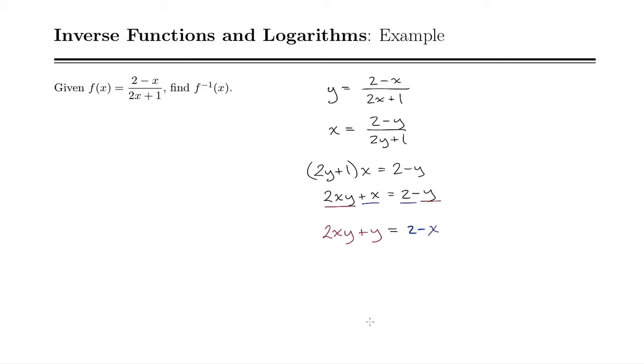Now since we're solving for y, we can take the y out of this side. Factor it out. And then divide by that 2x plus 1. And so we end up with y equals (2 minus x) divided by (2x plus 1). Now this is f inverse of x